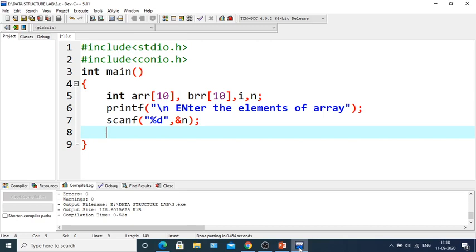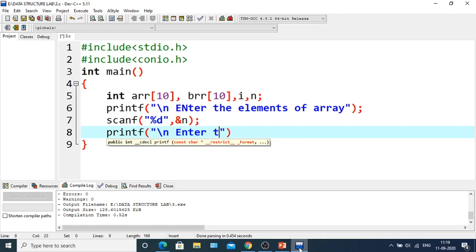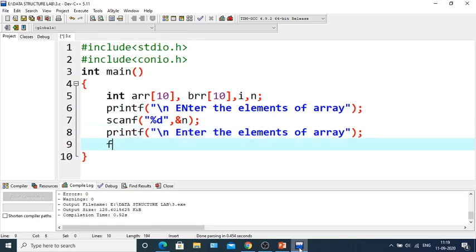Next we will take the elements of the array. So printf \n enter the elements. Further we use a for loop: for i equals to 1, i less than equals to n, i plus plus.